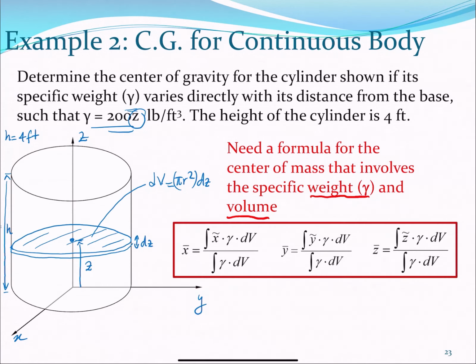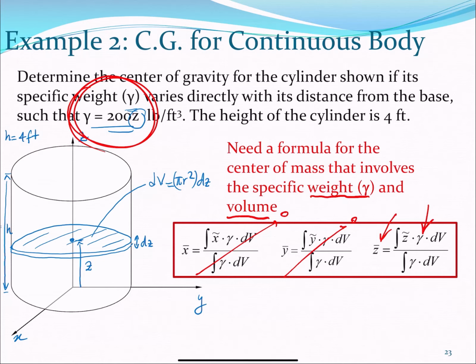So I have these equations for you, right, for your consideration. I have equations that will allow us to get our x bar, y bar, and z bar coordinates. Indeed, these two guys are 0, right? X and y, right? So this guy is 0 and this guy is 0, right? You will be in agreement with me that for z bar, we just need the equation for the specific weight, which is given here,